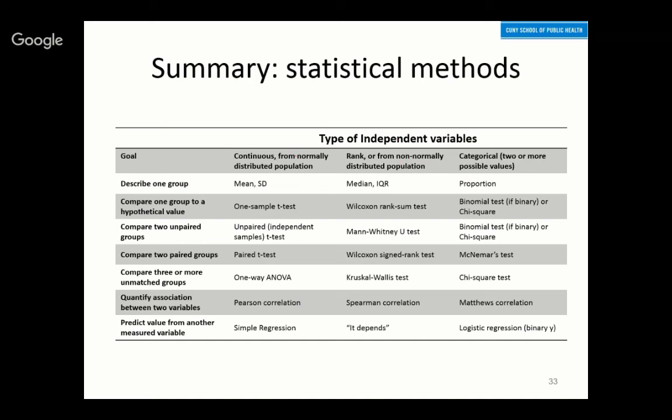It also gives these alternatives for non-normally distributed populations. So in cases where that assumption of the normally distributed response variable doesn't hold, you have these alternatives. These are called rank tests or non-parametric hypothesis tests. So for a one sample t-test, if you have an obviously non-normally distributed variable, you can consider this alternative, the Wilcoxon rank sum test, for example. And then there's another column here for categorical variables, most of which